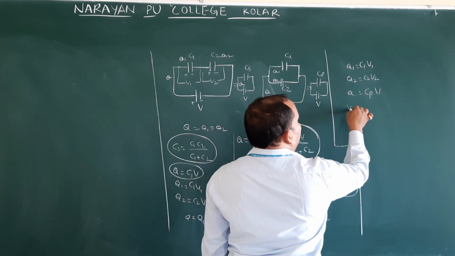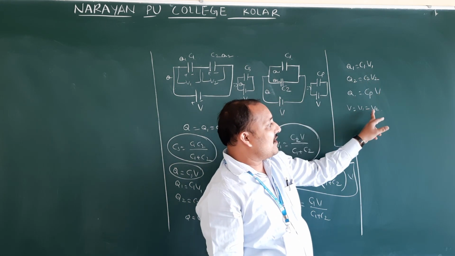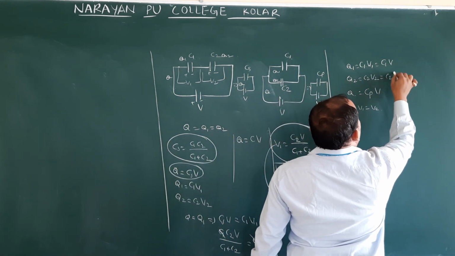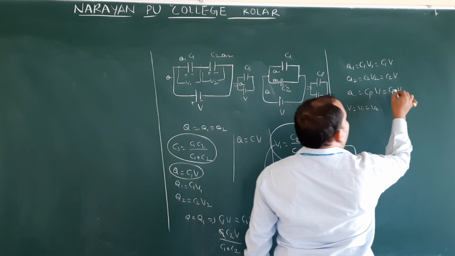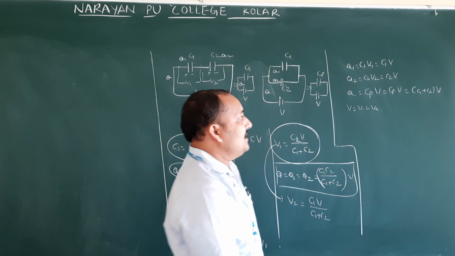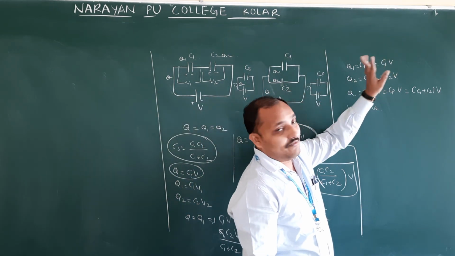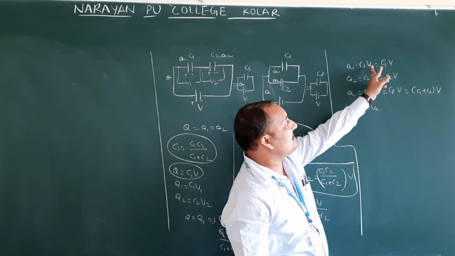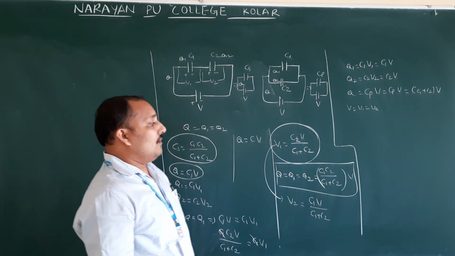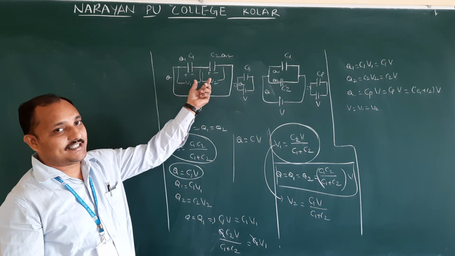What is same in this? V is equal to V1 is equal to V2. Therefore, in place of V1 and V2, what can we write? V we can write. Therefore, C1 V, C2 V, Cp. What is Cp? Cp is nothing but C1 plus C2 into V. This is nothing but charge on each capacitor. How to find? Because this is simple, directly you have to substitute in place of V1, V2. This value they will give. You have to substitute. So now homework for you: I gave here when two capacitors are connected in series.